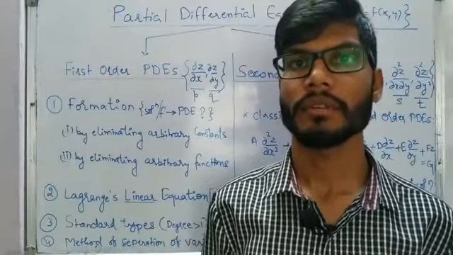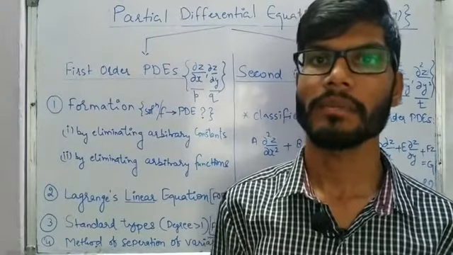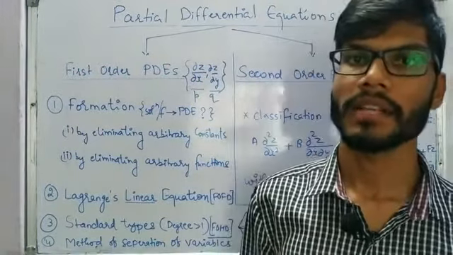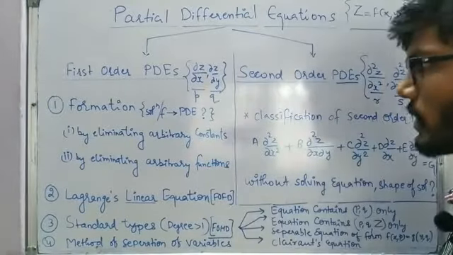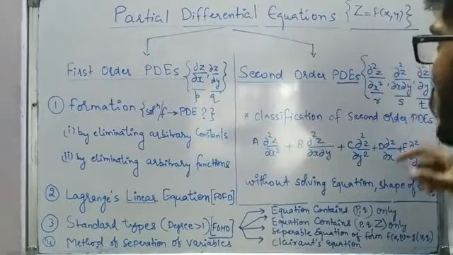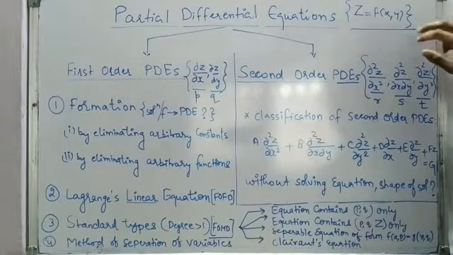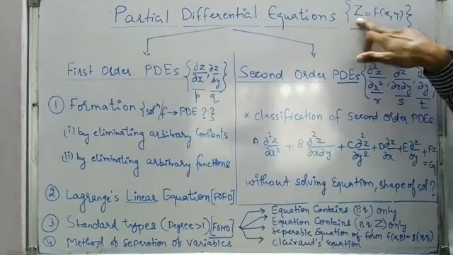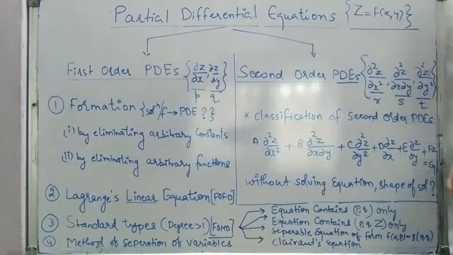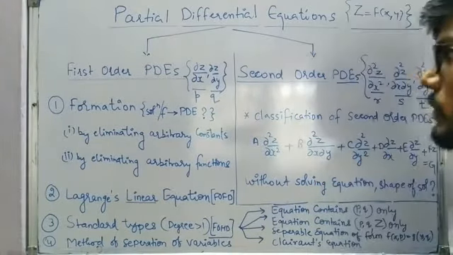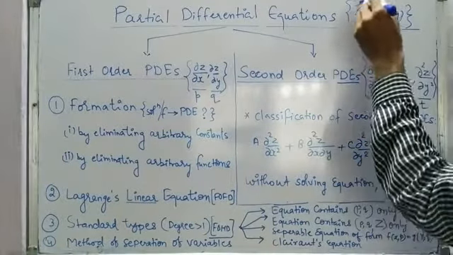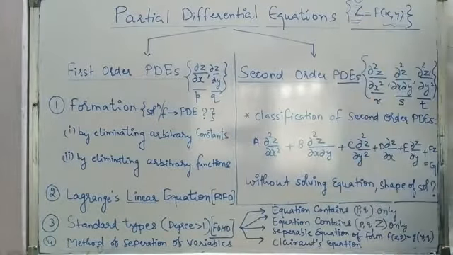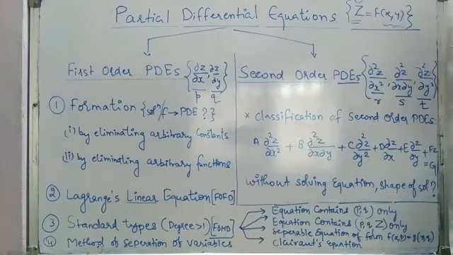In this session we are going to begin with our second type of differential equations, the partial differential equations. As I said in the introductory video, in the case of partial differential equations, one dependent variable, which I am assuming to be z, is going to depend on two or more independent variables. In our case we are going to talk about only two independent variables, where one dependent variable is going to depend on x and y.